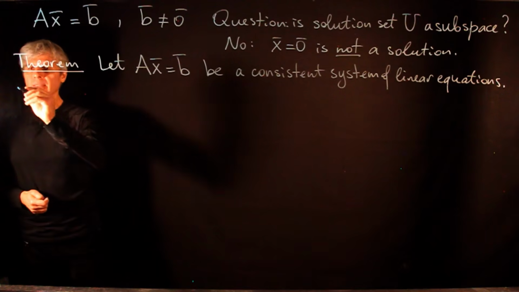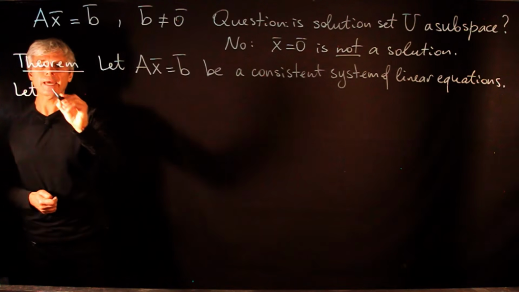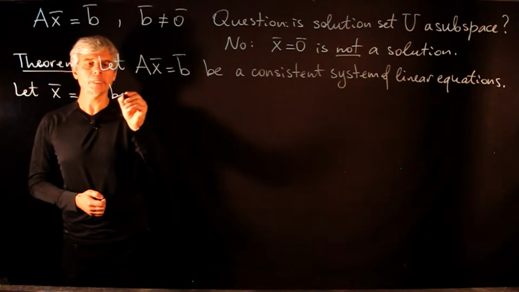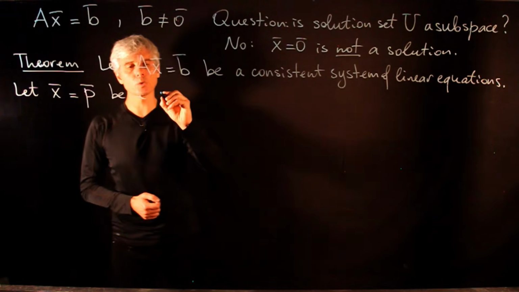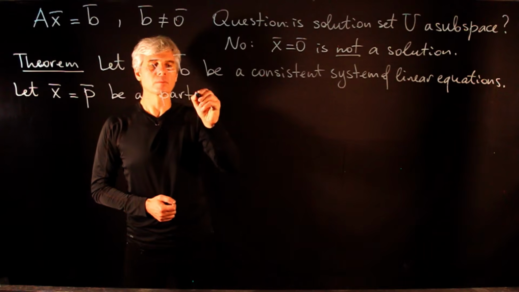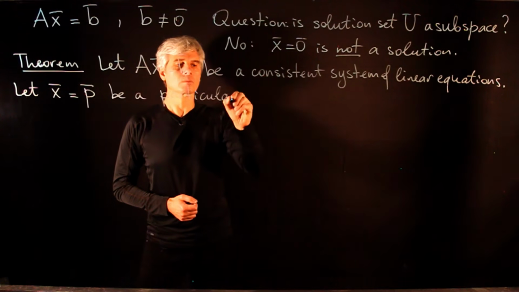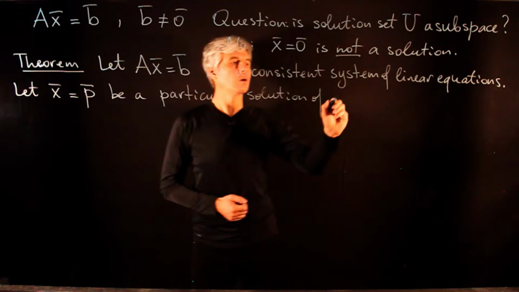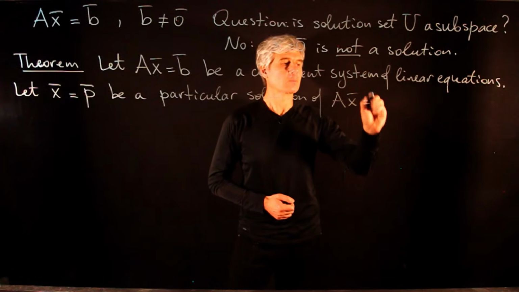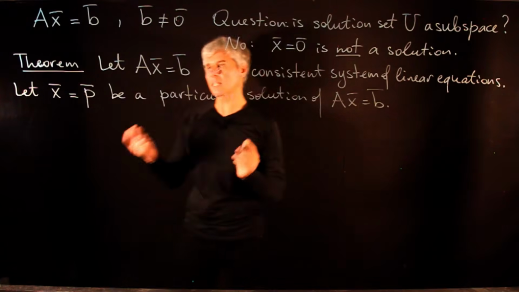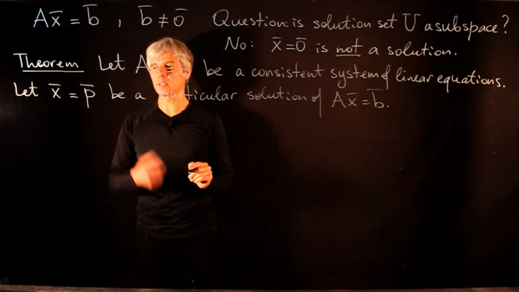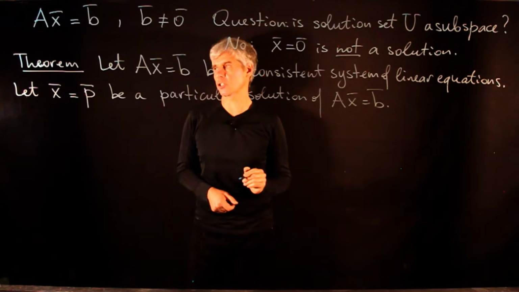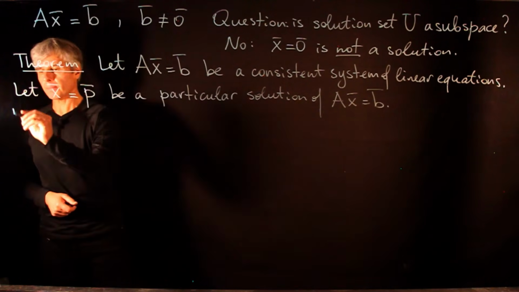And let x equals p be a particular solution of this system. So this means that we're given one solution of a non-homogeneous system of linear equations. Then